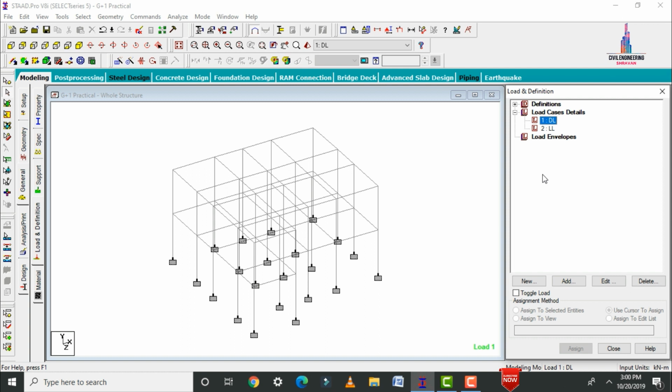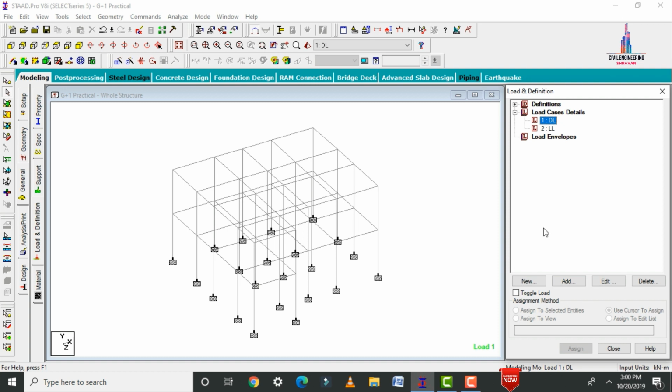Basically for my previous model structures, I considered the bare frame model only. For that reason, I considered only the self weight of the structure in my previous videos. If you are designing buildings for practical applications, you need to consider these 6 load cases: self weight of the structure, floor finishing load, partition wall load, main wall load, parapet wall load, and staircase load.